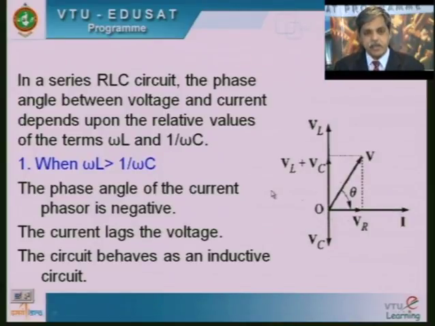I have a resistor which is carrying a current of IR. For a pure resistor, the current and the voltage drop VR will both be in phase with each other. Therefore, I have drawn the voltage drop vector across the resistor in phase with the current. You can see here that VR is coinciding with the reference line. This means that the voltage VR is in phase with the current.